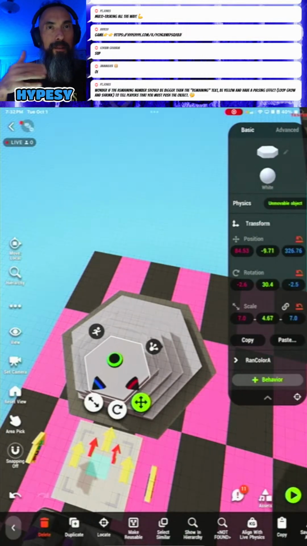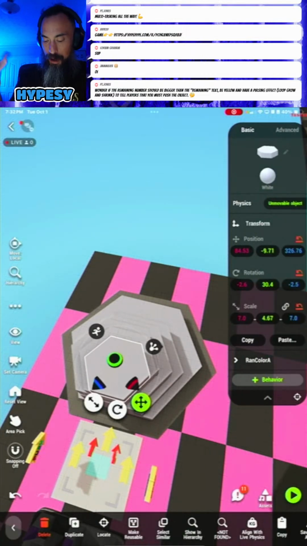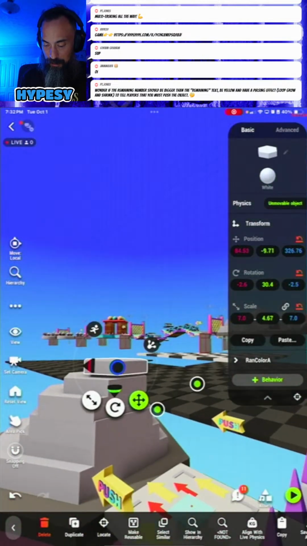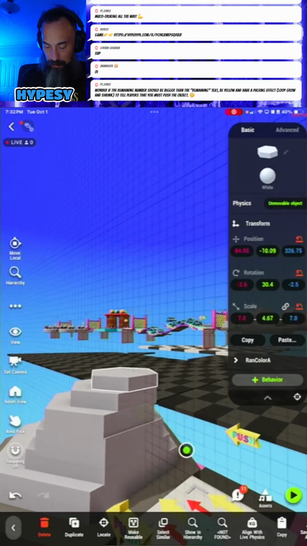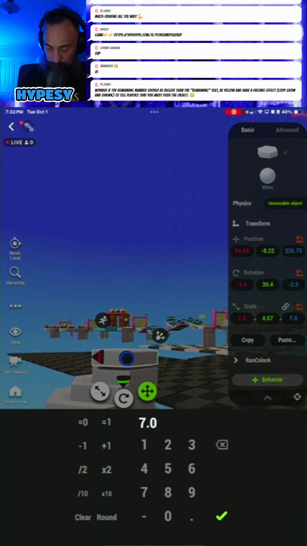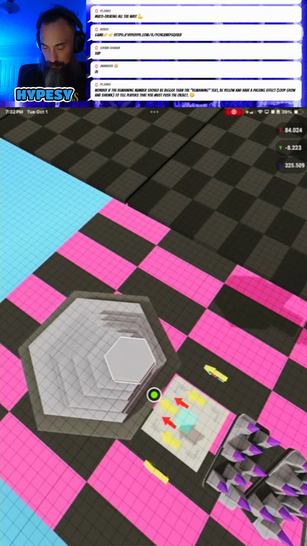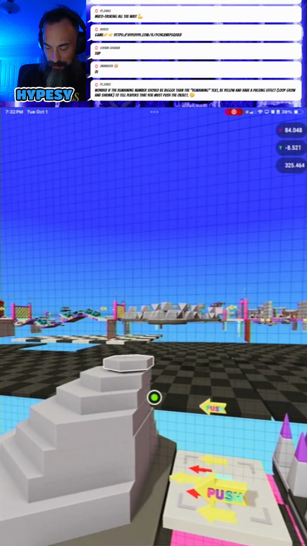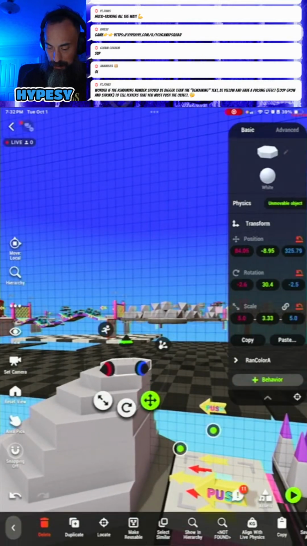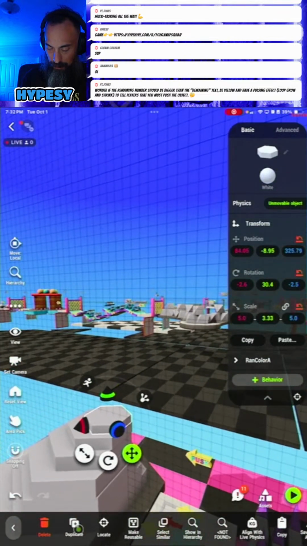Yeah, so in this level, you just go around this big object and get your way to the top. I'll try to finesse the look later.